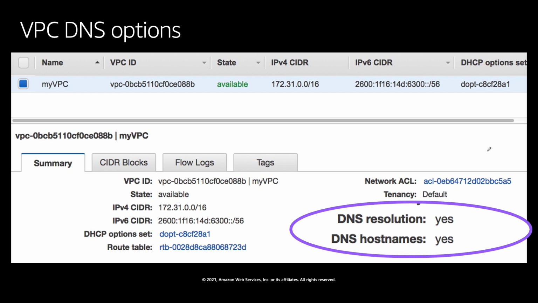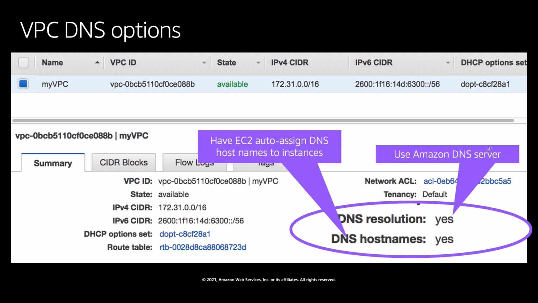What this allows you to do is resolve your instance IP addresses to host names, and whenever you create any EC2 instance or anything, you will get a DNS host name automatically assigned to you, so that you don't have to remember the IP address, and you can just use the DNS name.